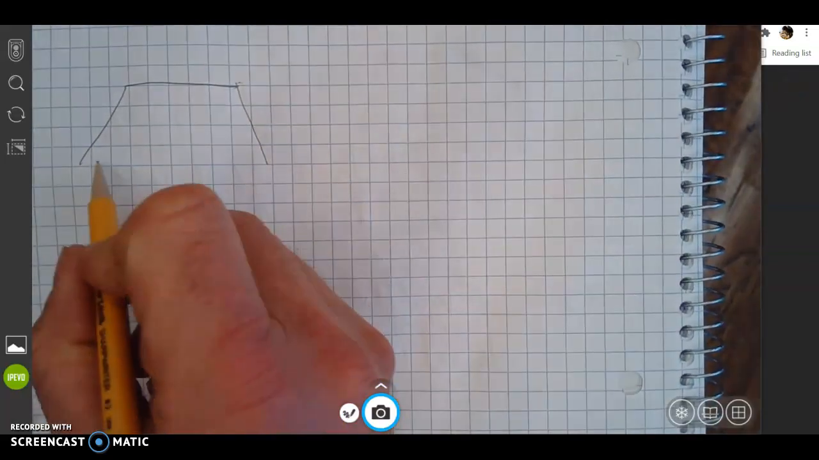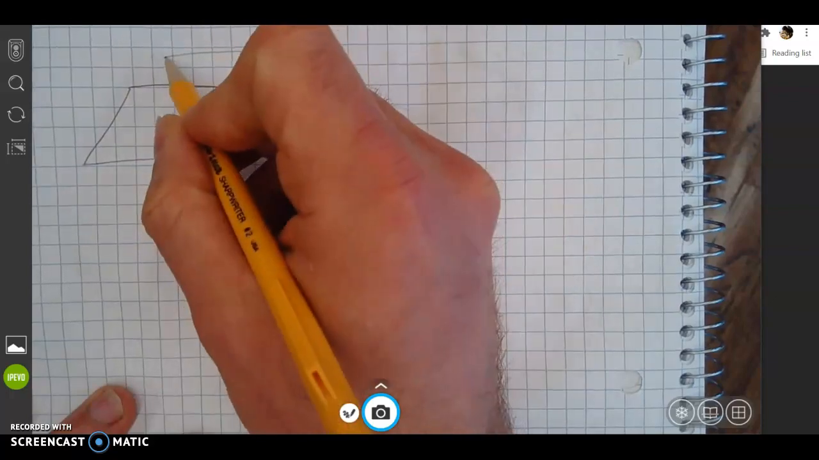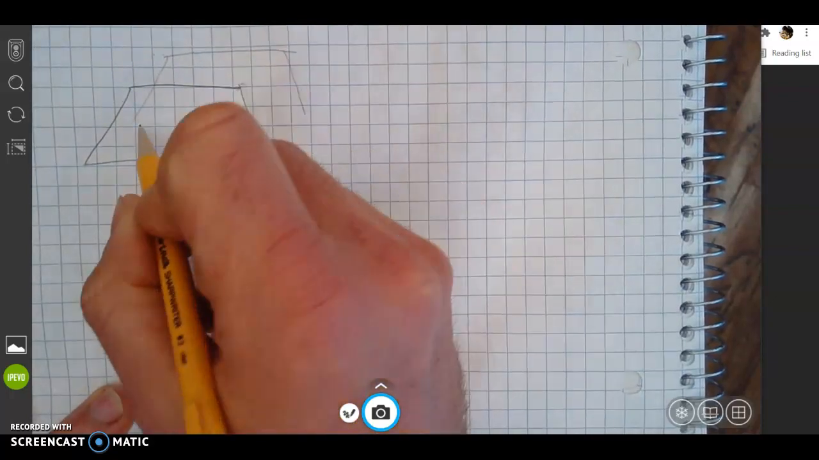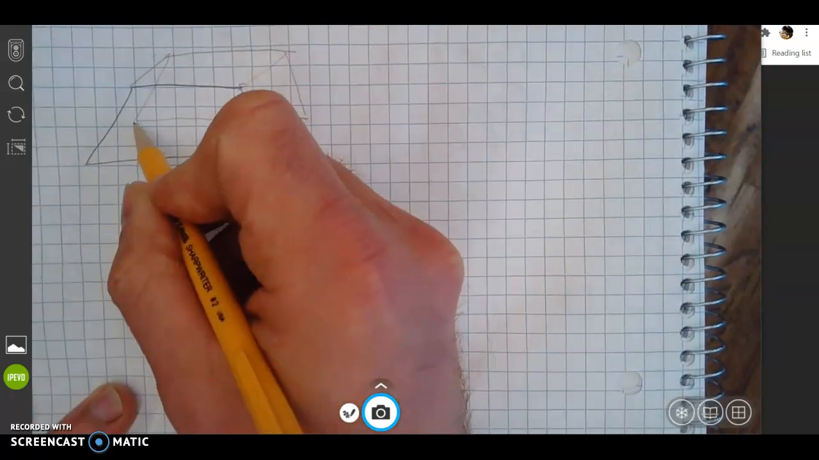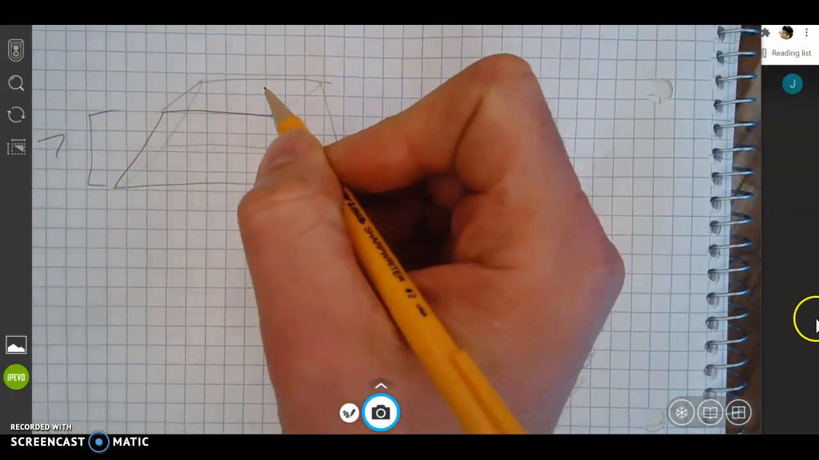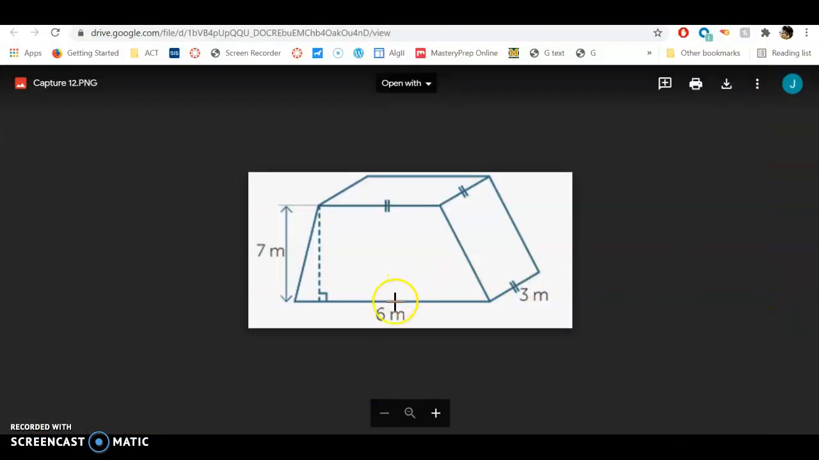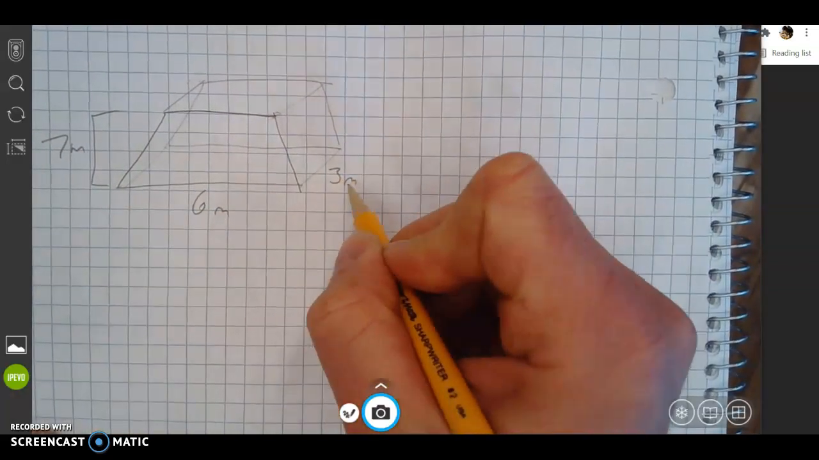So we got this thing. So I'm going to draw a trapezoid. And then I'm going to draw another trapezoid right here. Same thing. It doesn't got to be perfect. So a little lighter. Connect, connect, connect, connect. There we go. So it says this was 7 meters, 6 meters, and 3 meters, right? 7 meters, 6 meters, and then 3 meters. Then it had